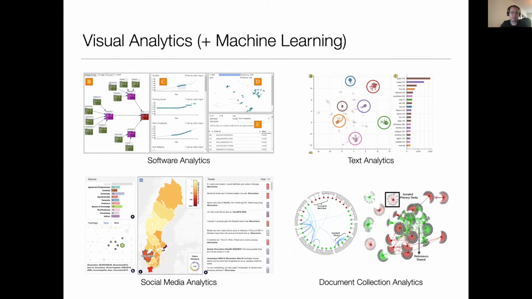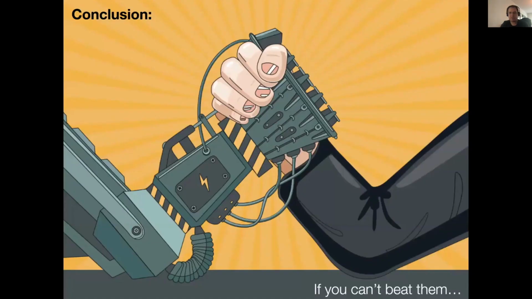But the idea here, it's just my conclusion, is that what you have to keep in mind always is that you are going to work together with the computer, right? You're not going to work alone without a computer, and the computer is not going to work alone without you. So you basically have to come to this flow of taking the best out of this interaction and integrating it in the best way. So if you can't beat them, join them.